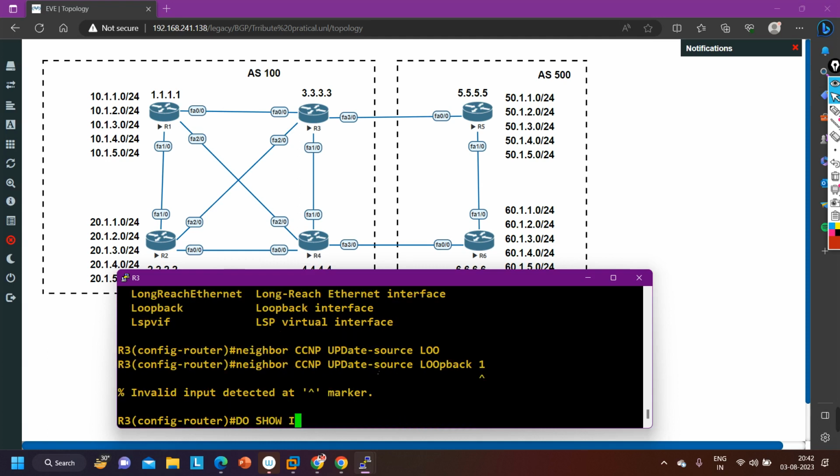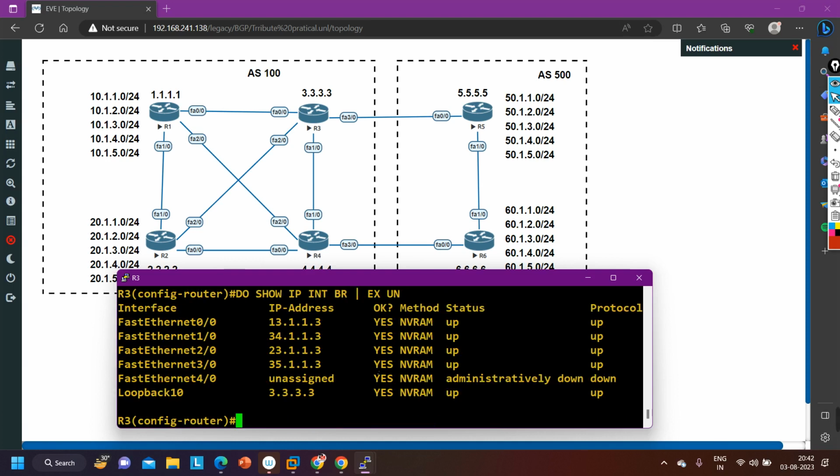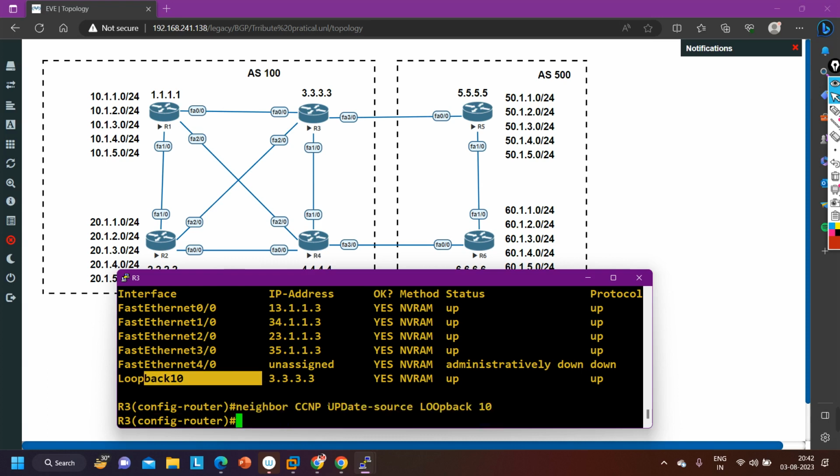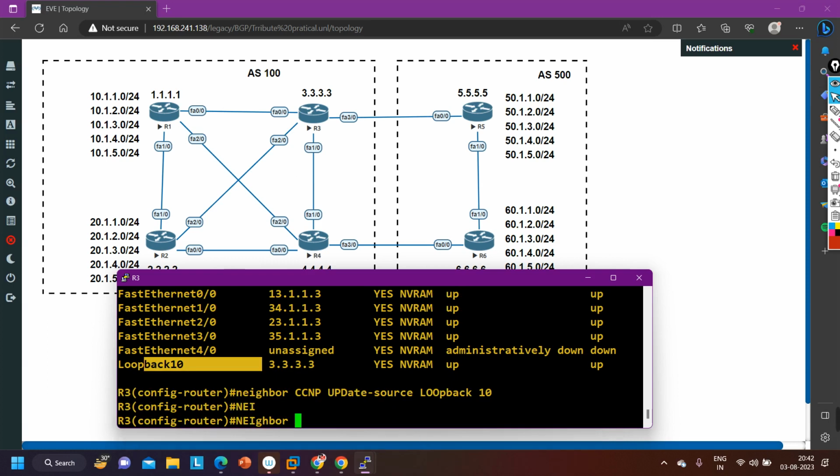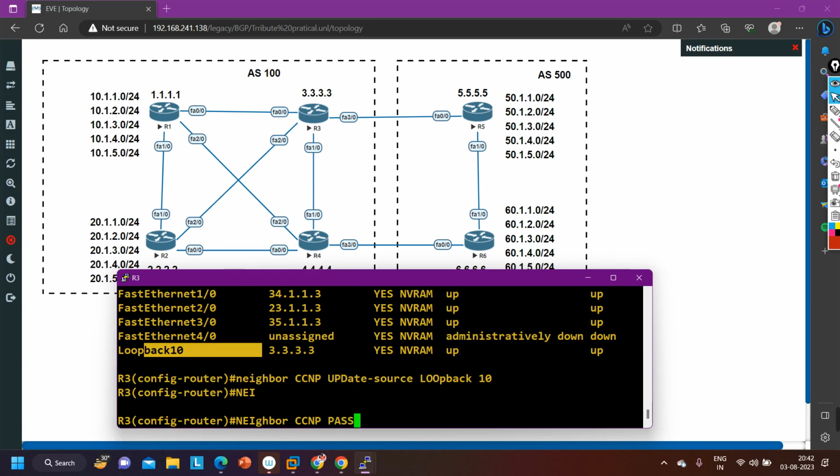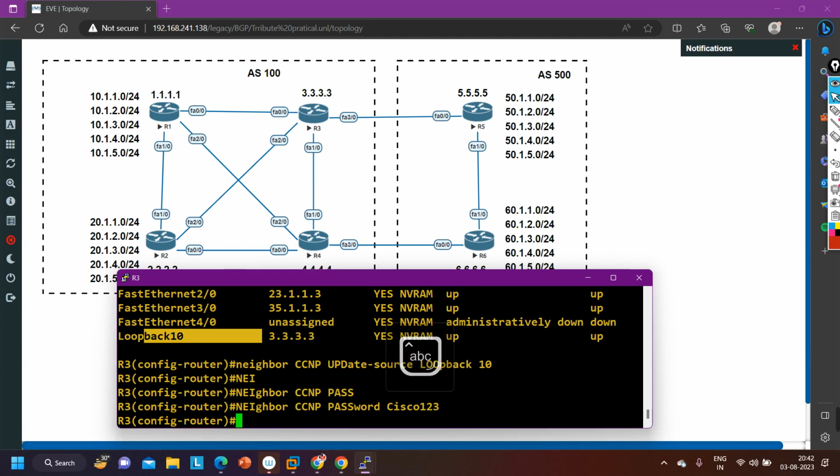Do show IP interface brief exclude unassigned. Loopback is running on which? Loopback 10. Okay. So loopback 1 does not exist on router number 1. Okay. After that, neighbor CCNP password Cisco123